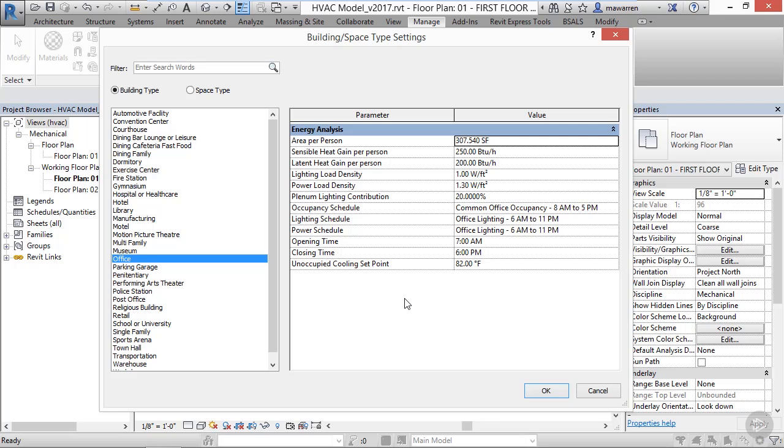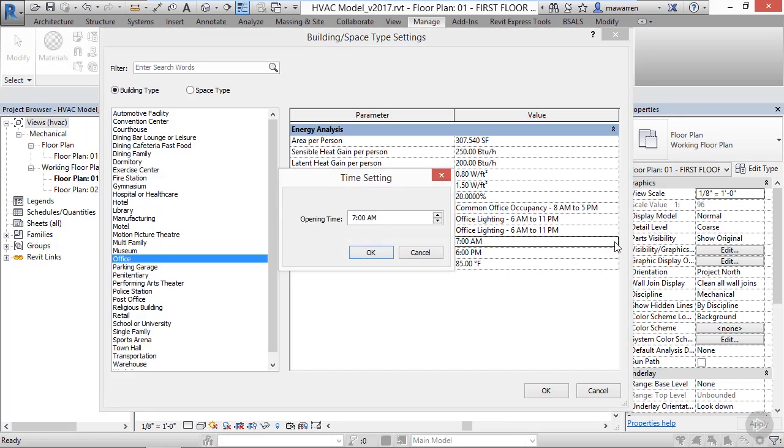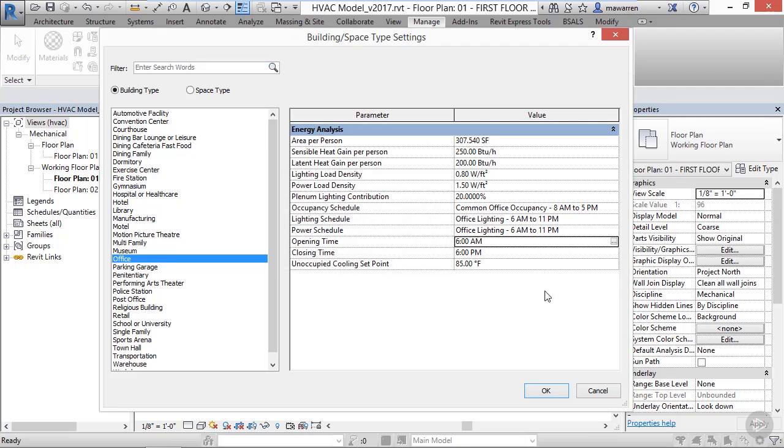Revit has assigned a default value to each one of these parameters. However, each one of these parameters are editable. In this case, the office setting, we're going to change the lighting load density to 0.8, and we're going to change the load power density to 1.5. We're going to change our unoccupied cooling set point to 85 degrees. Our office is a 12-hour office, so we're going to change our open time to 6 a.m. Because it's a 12-hour office, we have to change our office lighting schedule and our occupancy schedule and our power